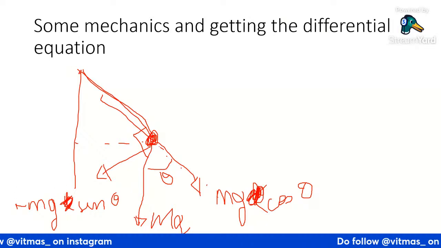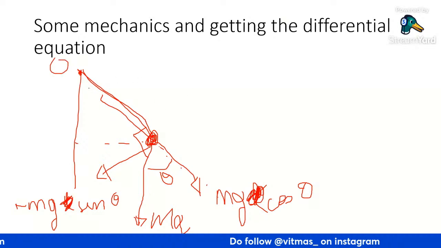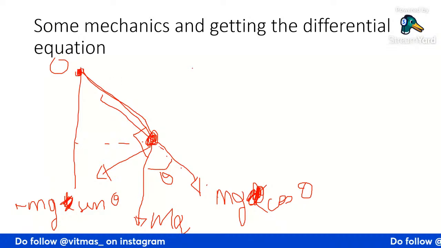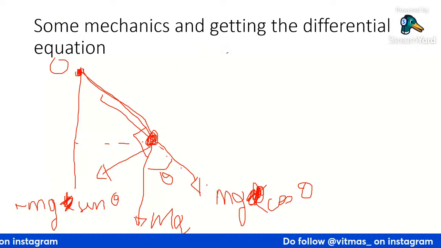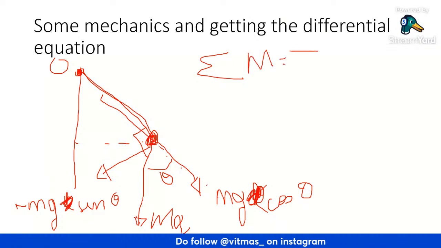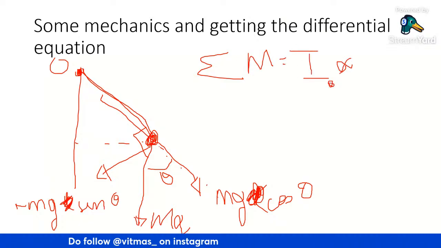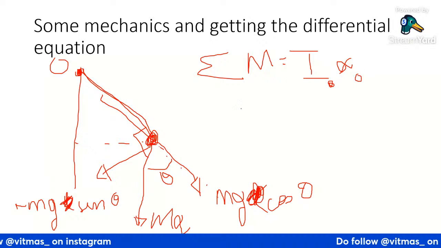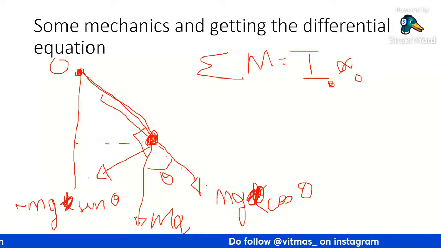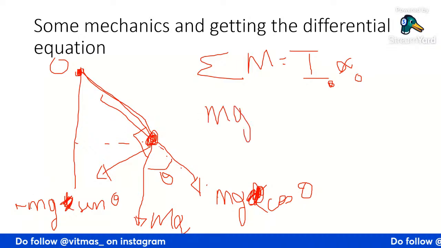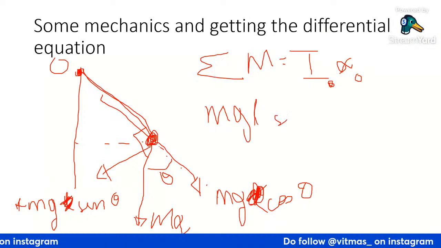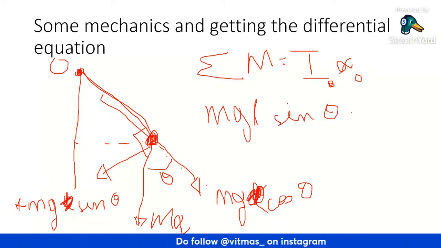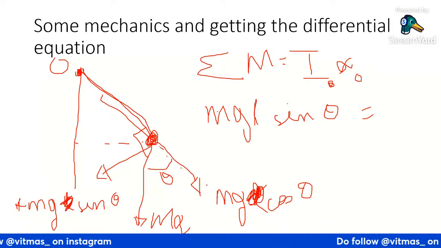Now what we will do is measure the torque, or moment, of the system about the point O, right? So for that we write the sum of moments equals I alpha about O. This is the force mg sin theta and this is the length L. So the moment will be mgL sin theta, equal to I alpha, and since this is a point mass, that's the main point of assuming